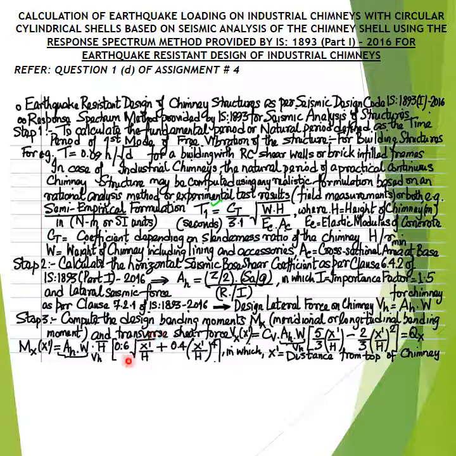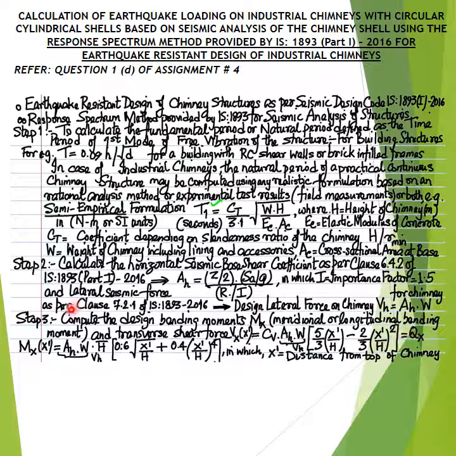Therefore, substituting x dash, that is the distance from the top of the chimney at which the design bending moment is to be calculated, as equal to the height of the chimney, the coefficient in the square parenthesis in the design formulation presented in the current slide for the design bending moment mx is exactly equal to 1, thus resulting in the value of the design bending moment mx,